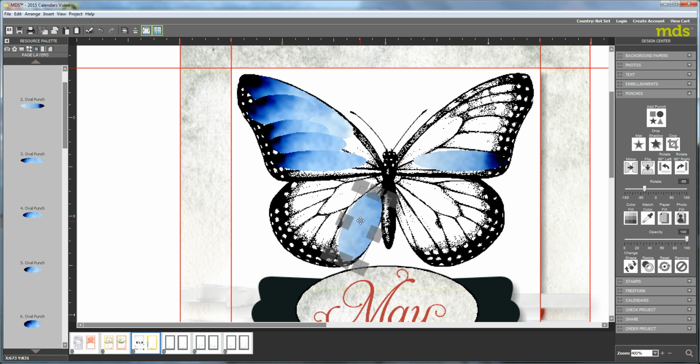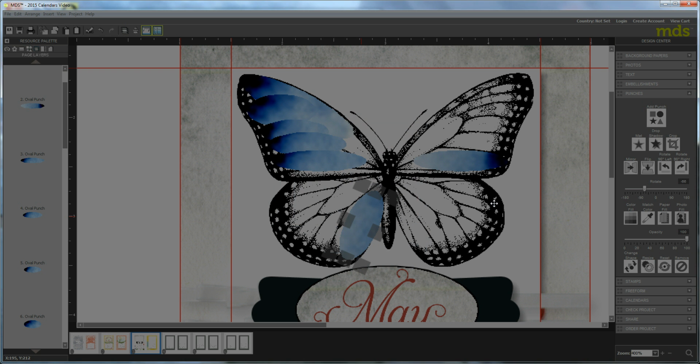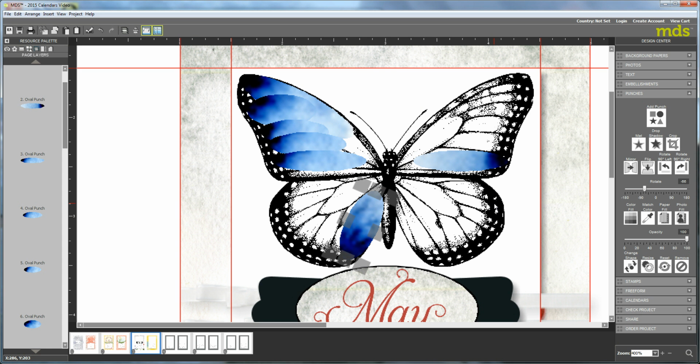Okay, so I'm going to double click here. And now I'm going to bring it, let's see. Oh, this time I want the black on the bottom. So I can do it there, or maybe here. That looks like a pretty one. There. So you get the gist of what I'm doing. And after a while too, you can start